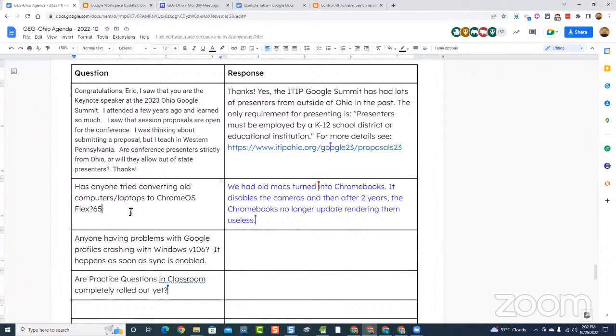Basically it's a pretty simple process. You put a USB key in a computer, and you use the instructions from Google about generating the image with ChromeOS Flex, and it gets saved to the USB key. Then you just boot up the old laptop with the USB key stuck in it. Sometimes it will recognize the USB key right away. If it doesn't, you'll have to figure out what make and model it is, is it a Lenovo or an Acer